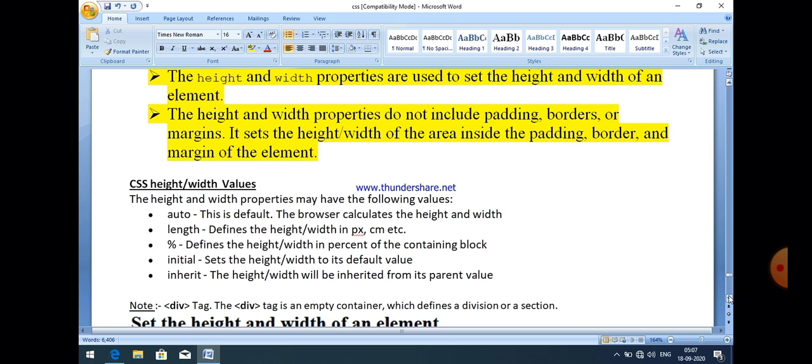Initial sets the height and width to the default values, and inherit means the height and width will be inherited from its parent value. You can use any one of them, and auto is the default.